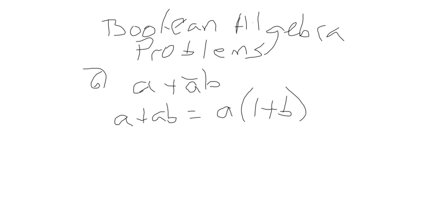And so A times 1, or A and 1, is A. So this expression here reduces simply to A. And we're going to use that up here in this original problem. I'm going to replace the A here with this because they're equal, right? So that's going to give me A or AB